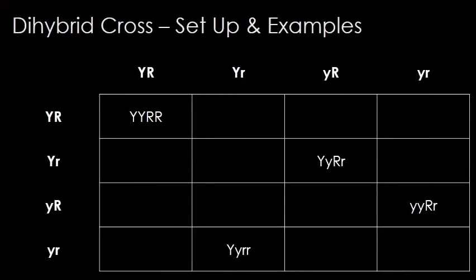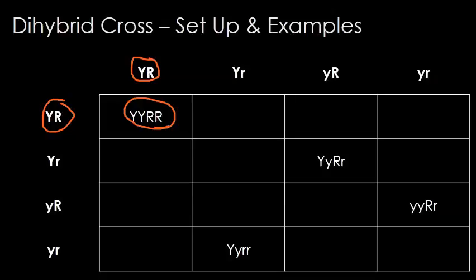Here's an example of how that dihybrid cross would be set up. I have my 4 gametes, and since both parents were the same on the previous slide, I can use the same gametes on both sides. The top and the left will come together to form the F1 offspring. In this case, capital Y, capital R.